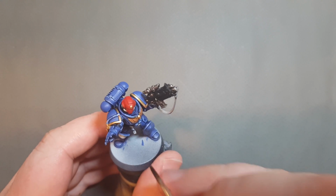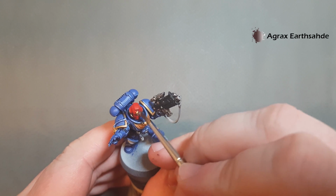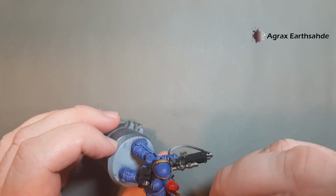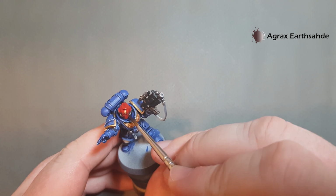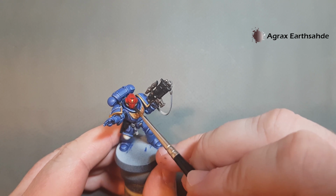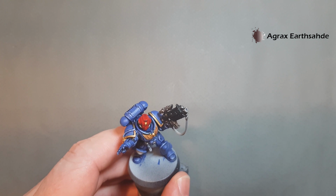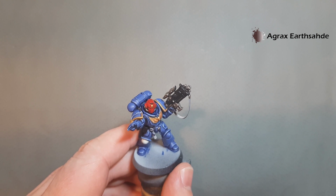So we're going to shade the helmet now with Agrax Earthshade. So this is just going all over. I'm going to go over the helmet skull as well, and just get it all over the red and down the back. Just be careful not to get it on bits that you've already kind of gone over and highlighted. And make sure you get it into those vents on the helmet. So that's pretty straightforward, all done. So we'll just let that dry, and then we'll highlight the helmet,